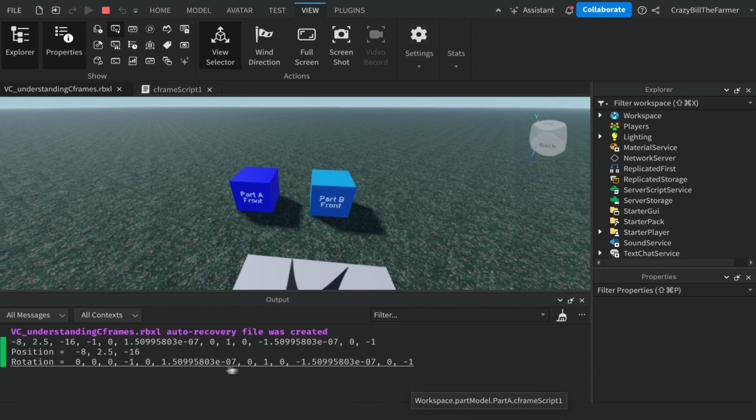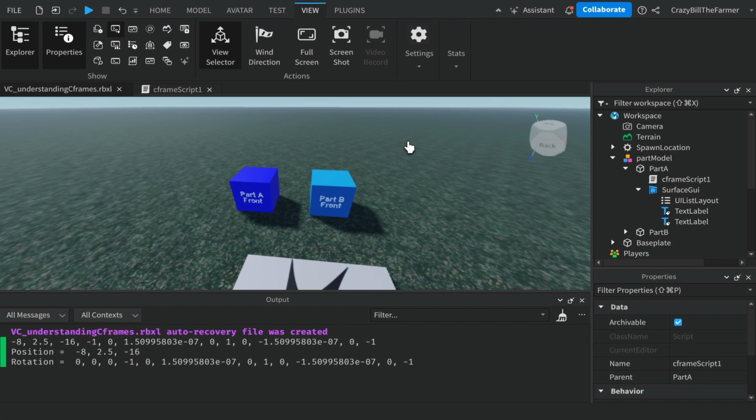Now, you don't have to really work with all of this specifically. There are easier ways to go about working with rotation, which we'll have a look at shortly. The most common thing you work with is position, but I'll show you how to work with this. But I just wanted you to understand that a C-frame initially is made up of position and rotation data. Okay, so that's the first script that we're looking at, and if you're happy with your understanding of that, you can come up and stop,